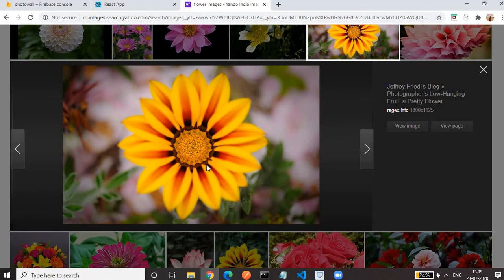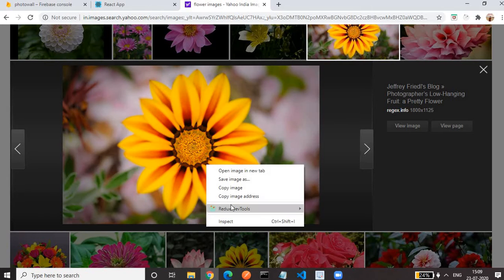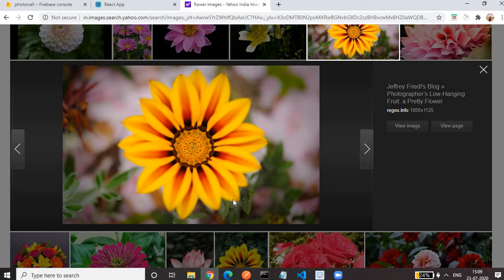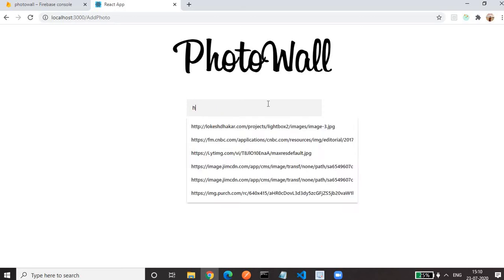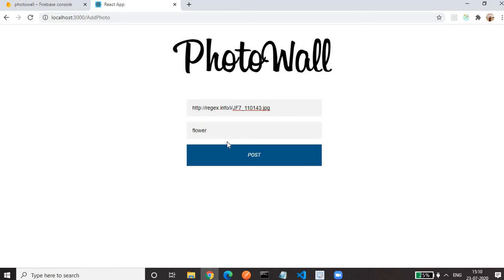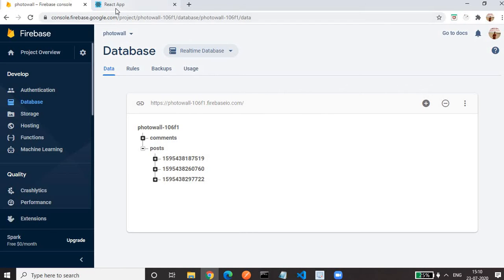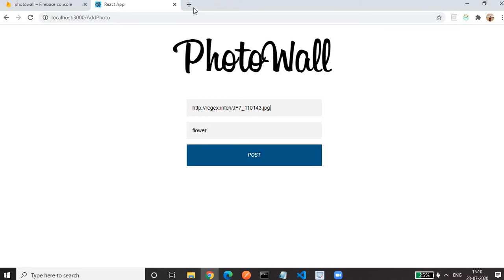Okay. So image, copy the image address. I have copied the image address. Paste it in here. Whatever I have pasted, just remove it. So paste the image URL here. Give some description. Okay, small URL. Maybe, yeah. Okay, so let's click on that. It will add a record.